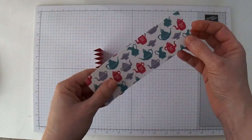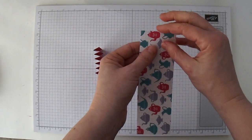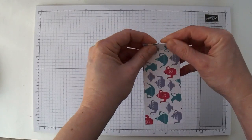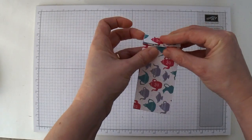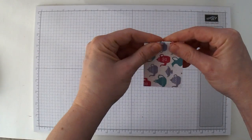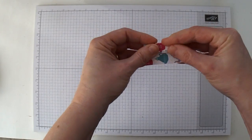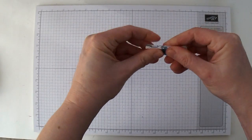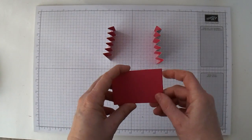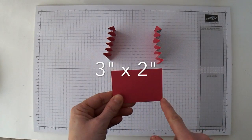And then I'm going to do the same for the other side. If this is the pattern I want to show on the outside, I'm going to fold it down first, and then I'm just going to keep going all the way to the very end, like that. Then to create the dividers, I have cut some Melon Mambo cardstock to 3 inches by 2 inches,